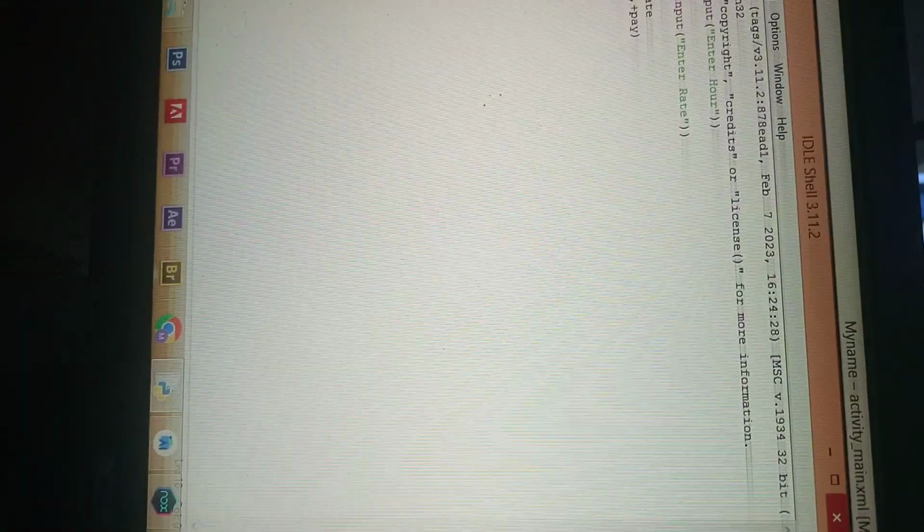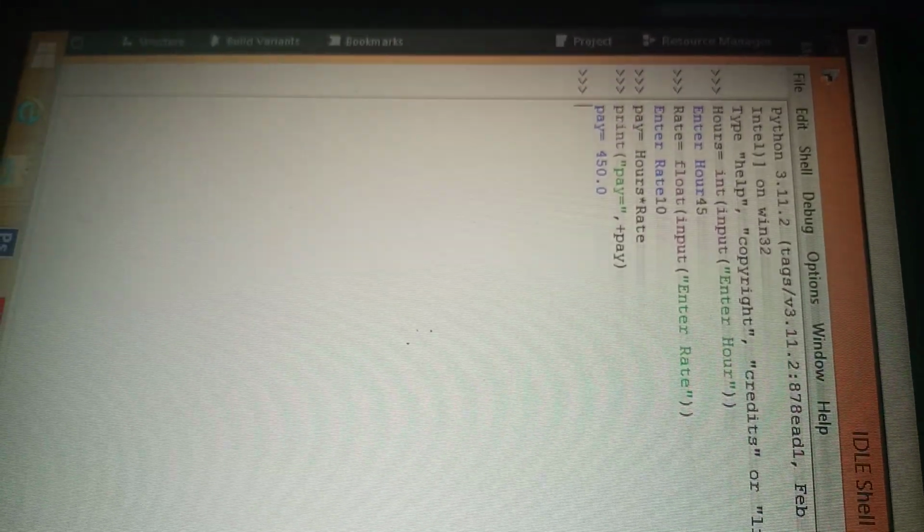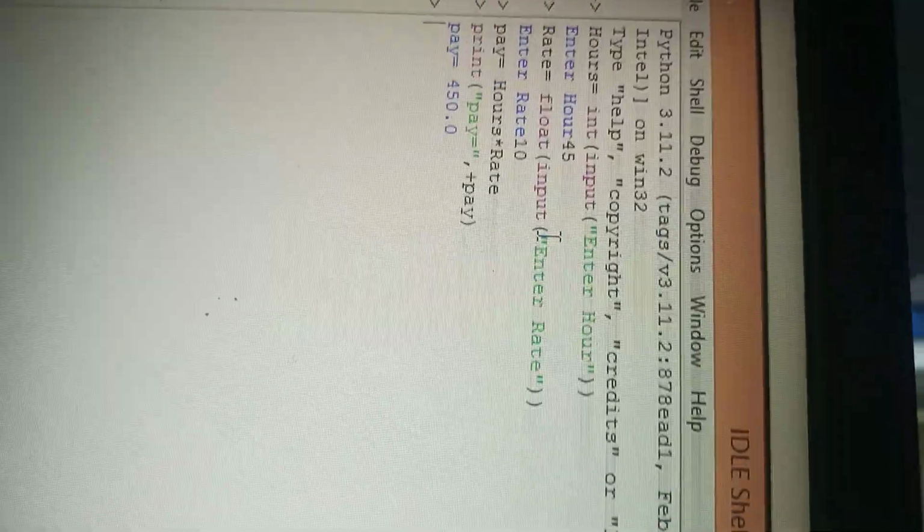Then, madam, question 2, as it says, rewrite your pay computations to give the employee 1.5 times the hourly rate for the hours worked above 40 hours, whereby when you enter in the hours would be 45 and the rate could be 10, and I was supposed to pay 475.0, and therefore the pay here, as you see,